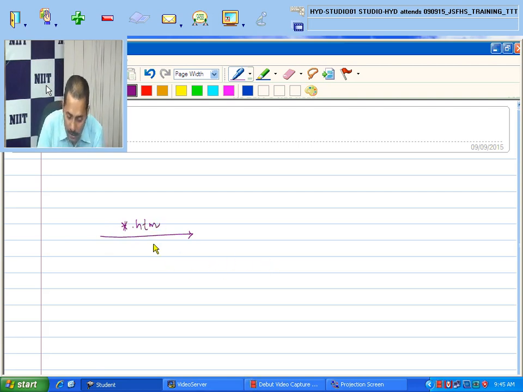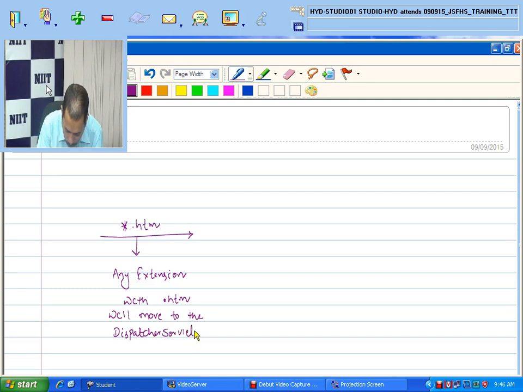That means any extension with .htm will move to the dispatcher servlet.